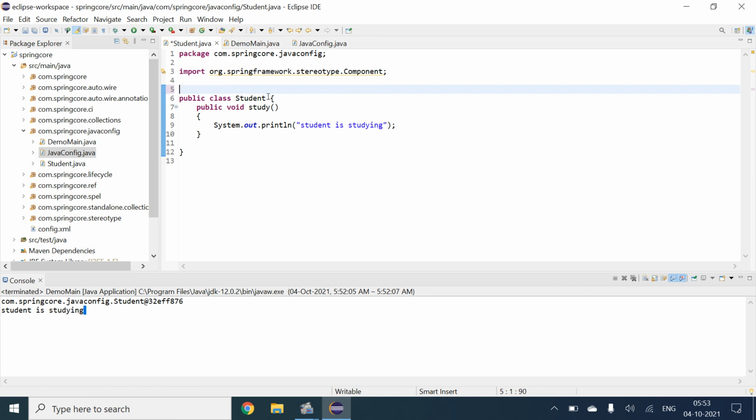So the two ways we have seen are configuration and component scan. Now we will see the bean annotation.